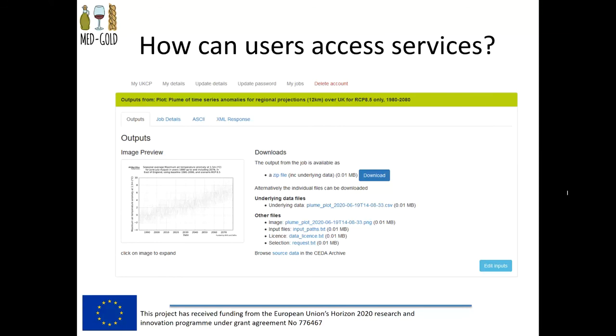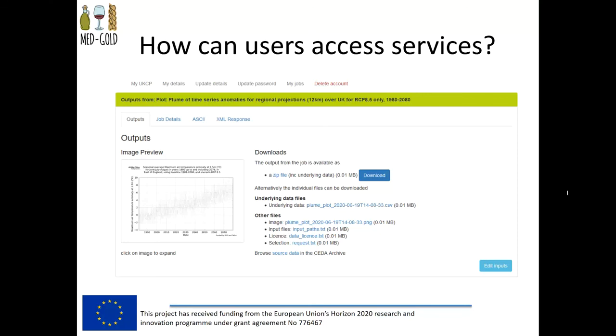So the way this works is all of the raw data from the UKCP18 projections are stored on a server. None of these products are stored, and they're just calculated on request when a user wants them. So although the users can do lots of things, the types of calculations are now fixed, although in theory it would be possible to add extra analyses. I don't know how easy that would be to do in practice. So there's one more level of sophistication.